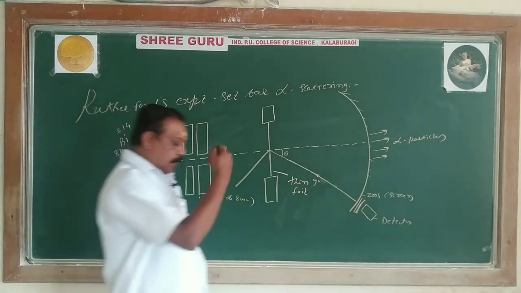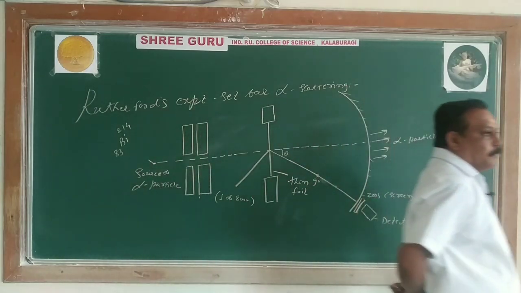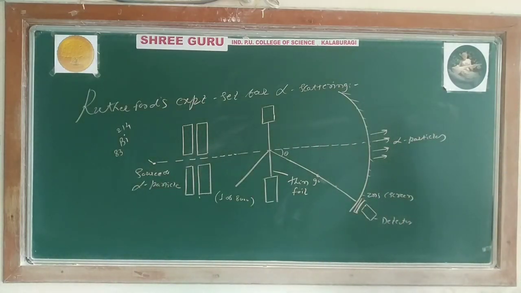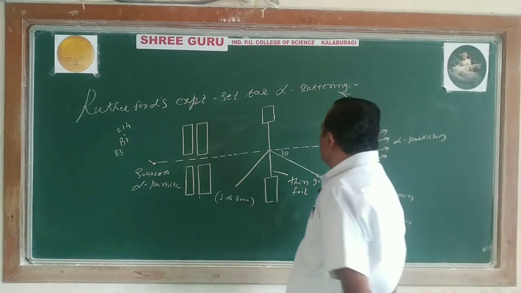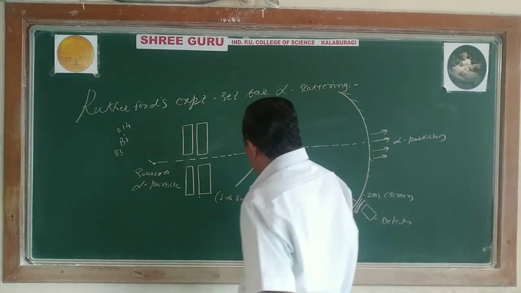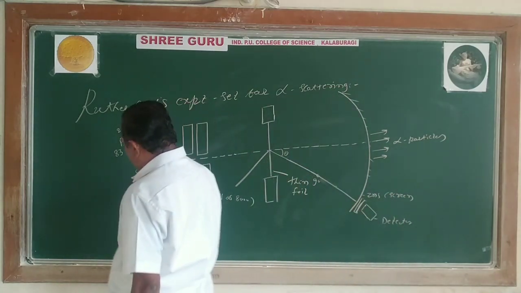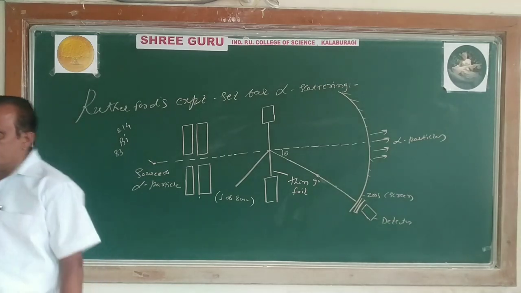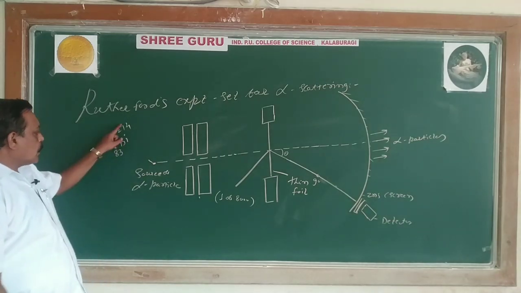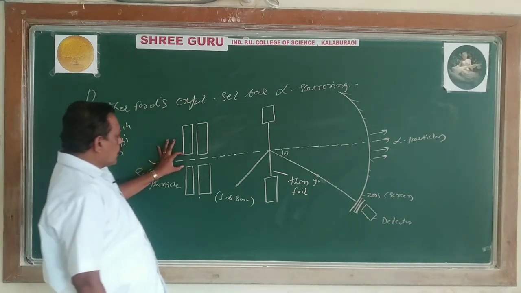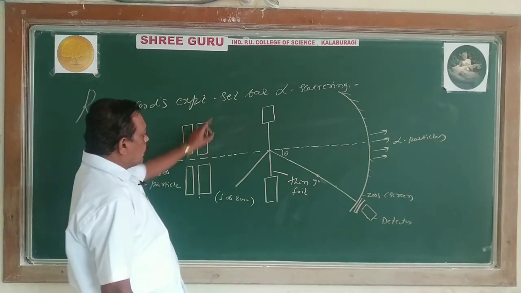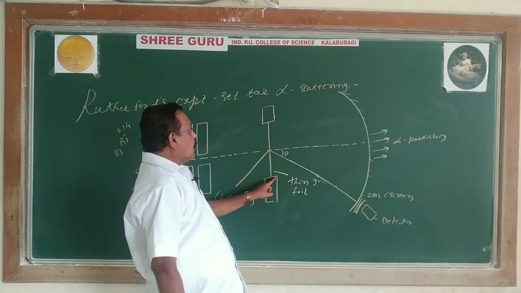Now, this is our experimental setup. Just see carefully. The Rutherford experiment for alpha scattering has got the lead blocks. There is a source of alpha particles, that is nothing but bismuth 83-214, which gives the alpha particles continuously, and those alpha particles are passing through the narrow opening and made to be incident on a thin gold foil of